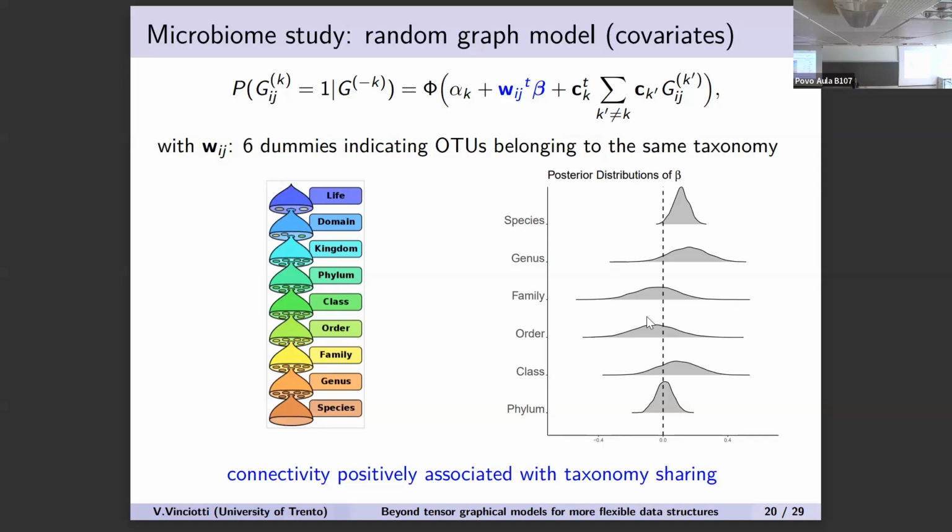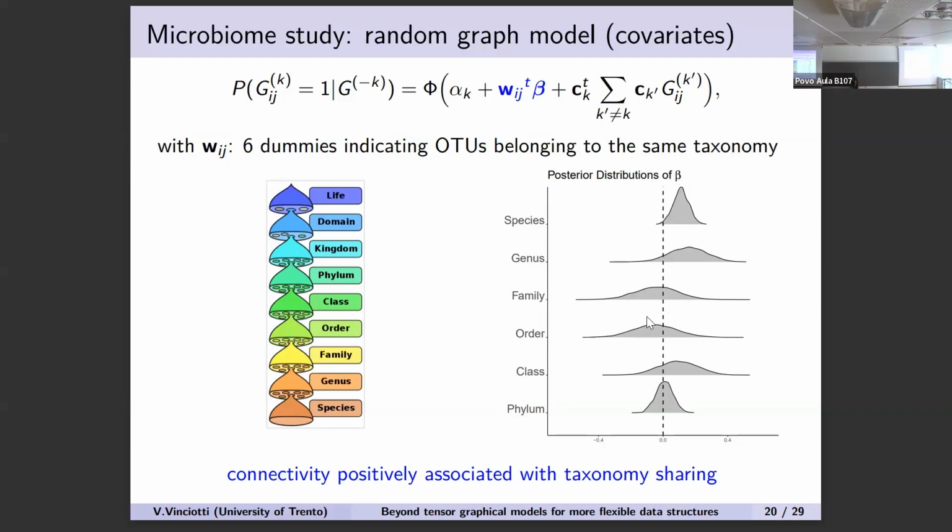We don't know much about that, but they do. And they think that if two microbes belong to the same taxonomy, they are more likely to be connected, to share some mechanisms. So we put that in the data, in the sense that there is data about which microbe belongs to which taxonomy. And you could say if they belong to the same taxonomy, 1, they are more likely to connect compared to not belonging to the same taxonomy, 0, in terms of